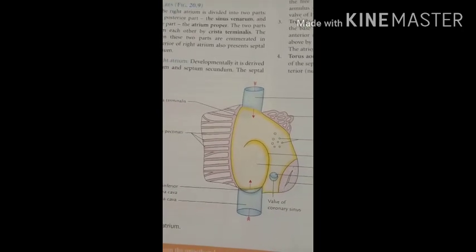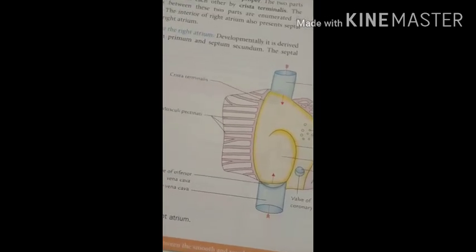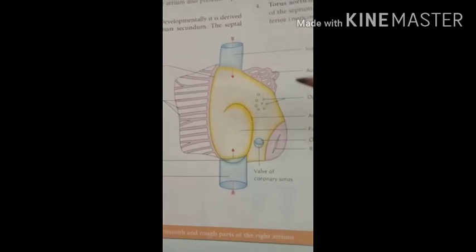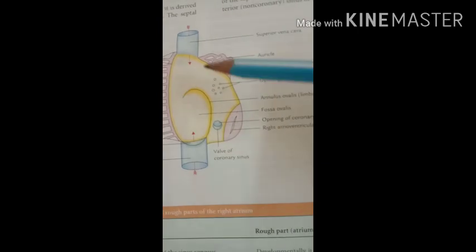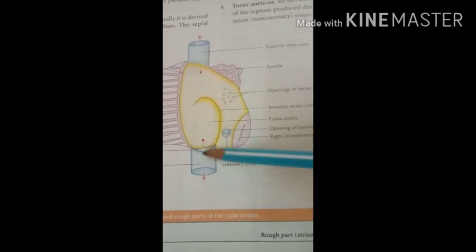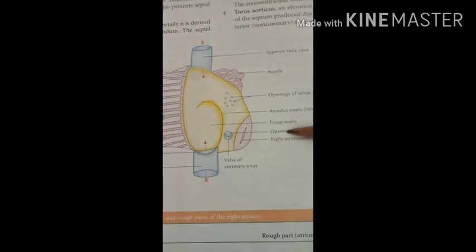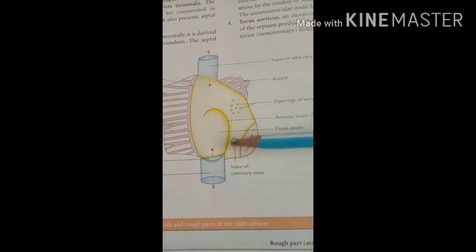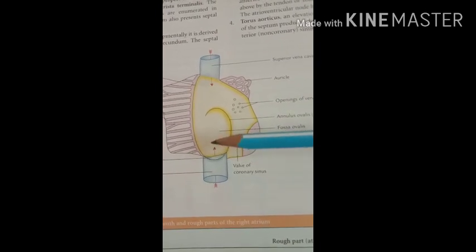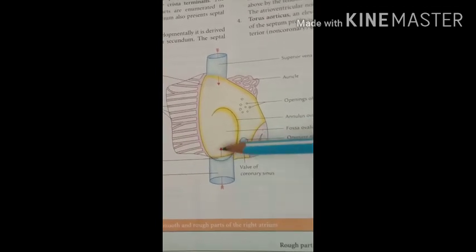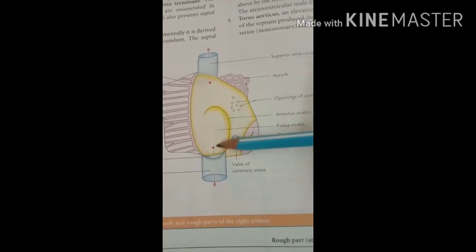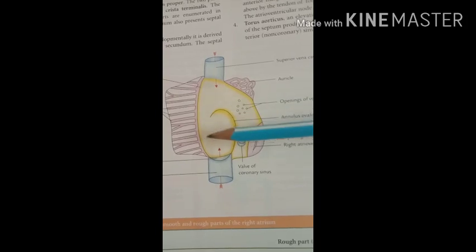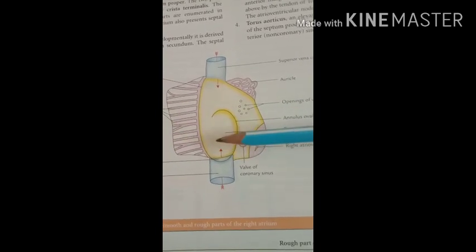After that, we have to see the next part, the interatrial septum, the third part. The interatrial septum presents the fossa ovalis. So here, this one. The fossa ovalis is a shallow saucer-shaped depression in the lower part. Then the annulus ovalis, also called the limbus of the fossa ovalis, this rounded part, is a prominent margin of the fossa ovalis. It is distinct above but deficient inferiorly.